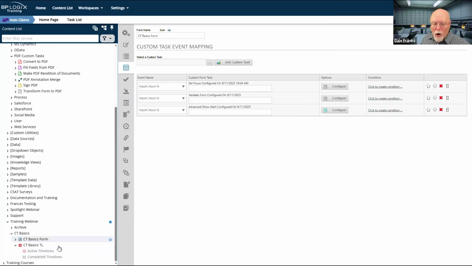Copy form data, we've already looked at, we discussed. It takes data from one form and converts it to another and allows you to map the fields. We looked at that. I don't think we need to take a look at it again. Convert to PDF is also the other really common custom task that you're going to use routinely, which again, we've already looked at. We've seen how it's configured. We're not going to go through all of that configuration again. All of these custom tasks are properly documented in the documentation, and you can see all of the different options that are available to you for invoking those custom tasks.